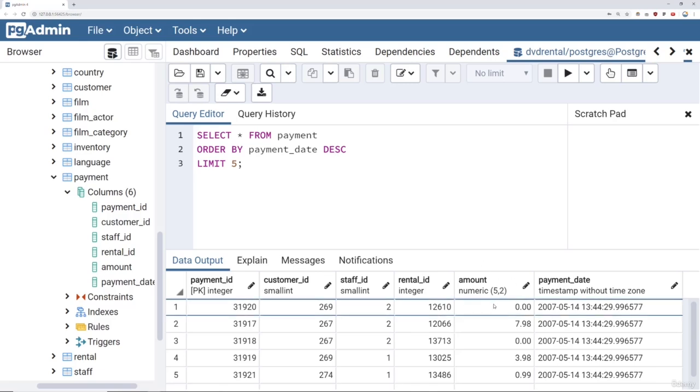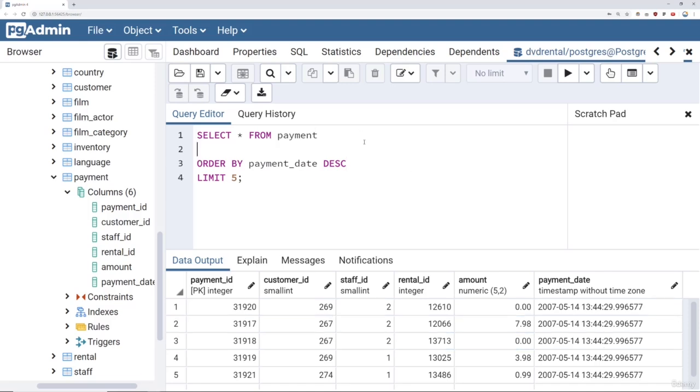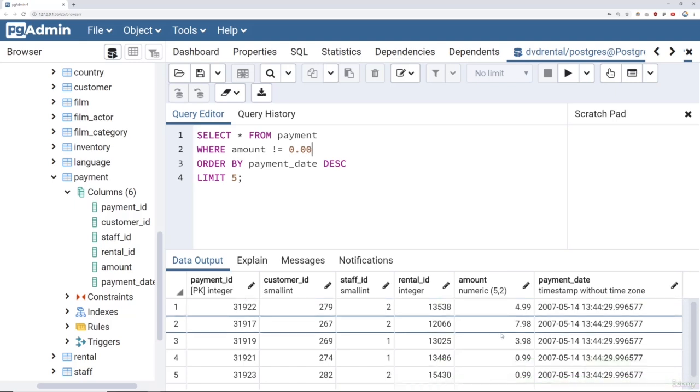So we can see here, in fact, some of these payment amounts were zeros. So what I could end up doing is also filtering it where the amount isn't 0. So we can start to get really nice complex queries here. So I can say select everything from the payment table, saying select all the columns from this payment table. And then right here, we're limiting it to the top 5 most recent ones based off payment date in descending order. So starting from most recent, descending to the historical data. And I could also then say where amount is not equal to 0. So we run this, and now I can see the 5 most recent payments where there was actually a monetary transaction and it wasn't just a